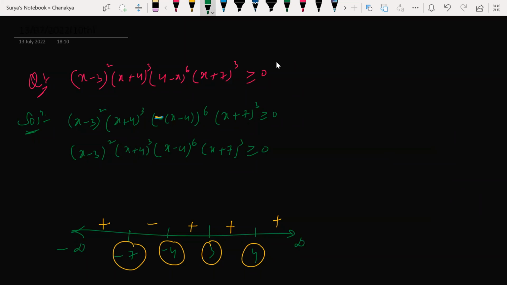So what I need here is greater than or equal to 0. I need the positive region. Here this is plus, right? I need the positive region, which is nothing but